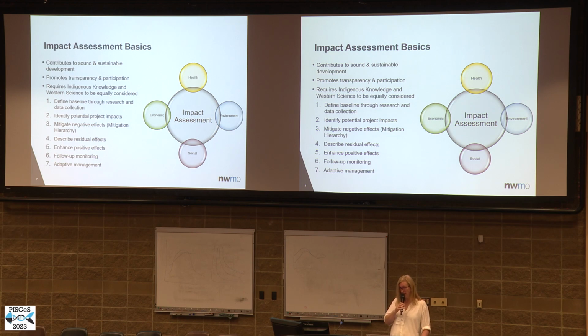The simplest explanation of this is don't build there, don't build in this area. If that can't be done, we move through the mitigation hierarchy through steps of minimization, restoration, and eventually offsetting to try to reduce those negative effects. If those negative effects cannot be reduced through these steps, then it's our job to describe those effects and to